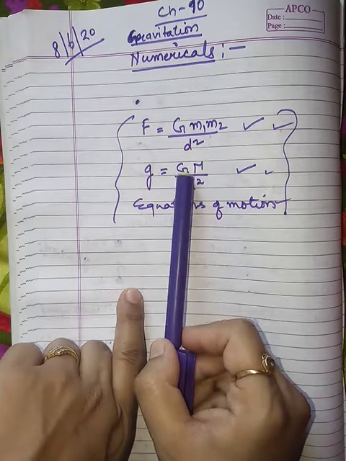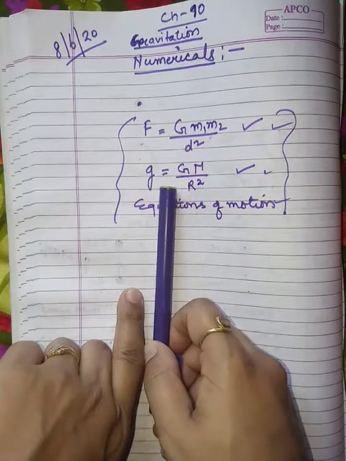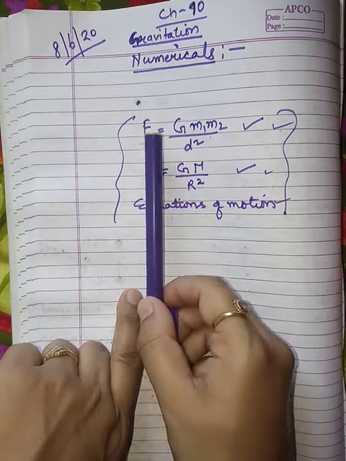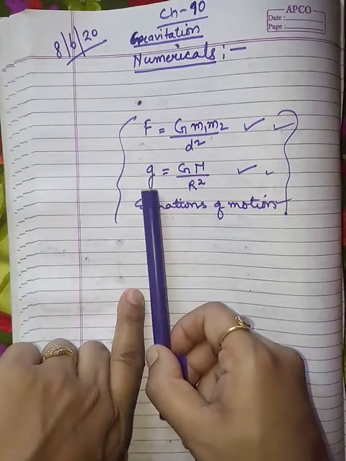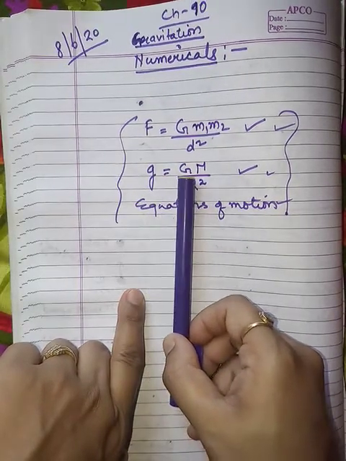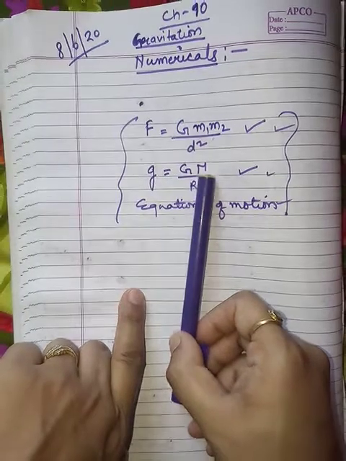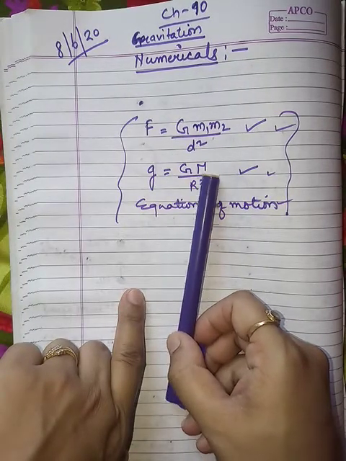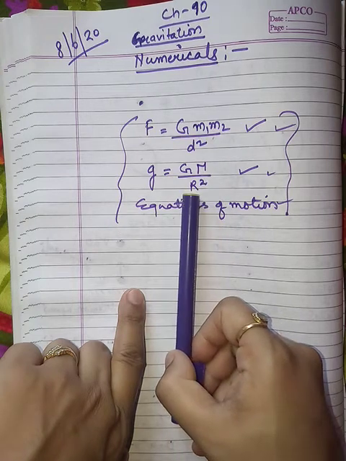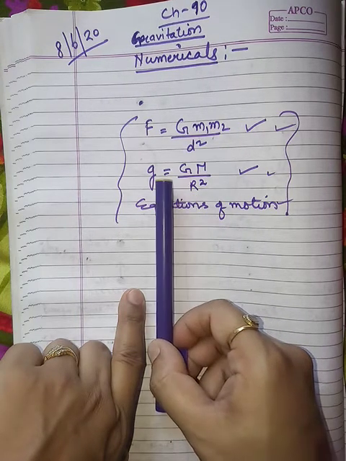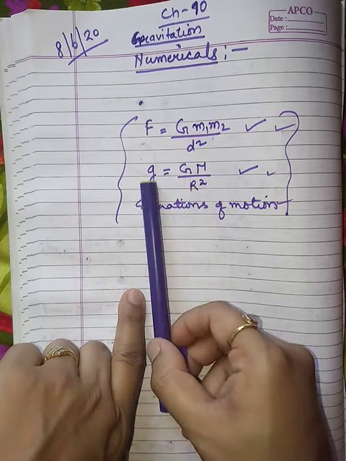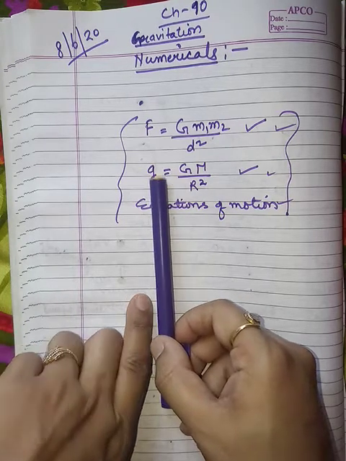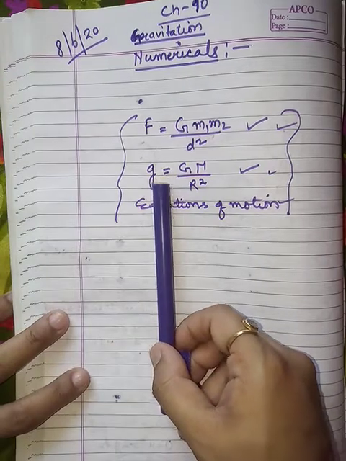Okay, next formula we did in the last video is the formula for acceleration due to gravity. This is gravitational force, this is acceleration due to gravity. So that is capital G again and capital M divided by R square. Here capital M is the mass of the earth, capital R is the radius of the earth, and that gives the value of acceleration due to gravity on the surface of earth. How it varies and all that we have discussed in the previous videos.